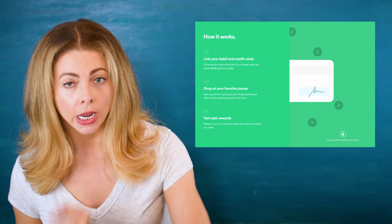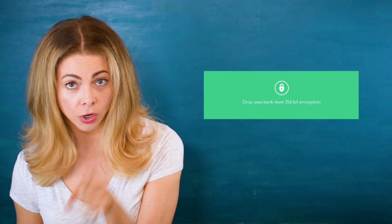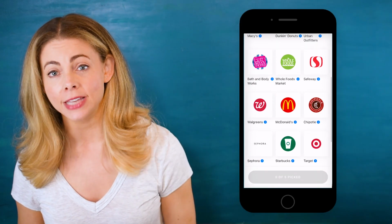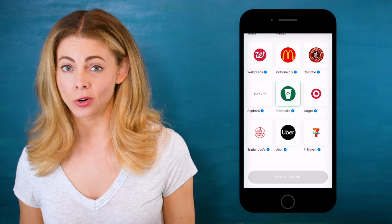Then all you have to do is link the debit and credit cards that you use to shop. And do not worry, Drop uses 256-bit encryption to protect your sensitive information, so all your private info is absolutely safe at all times. Next, you'll pick your top 5 favorite brands, and new offers will populate your home page